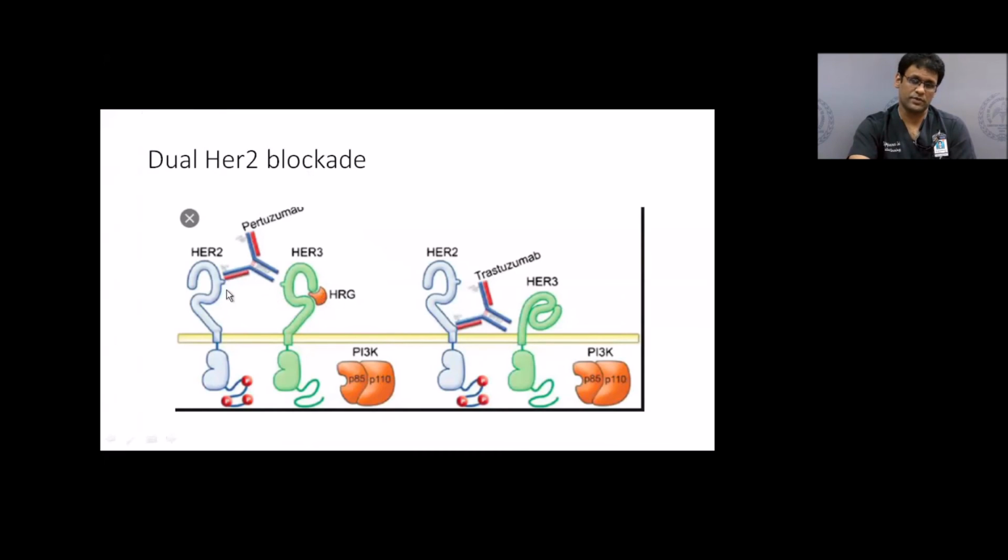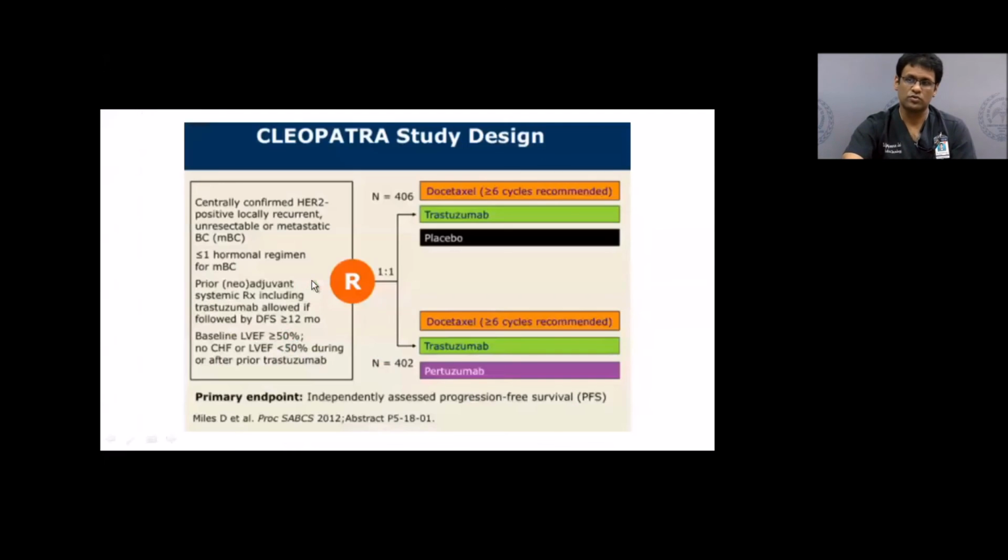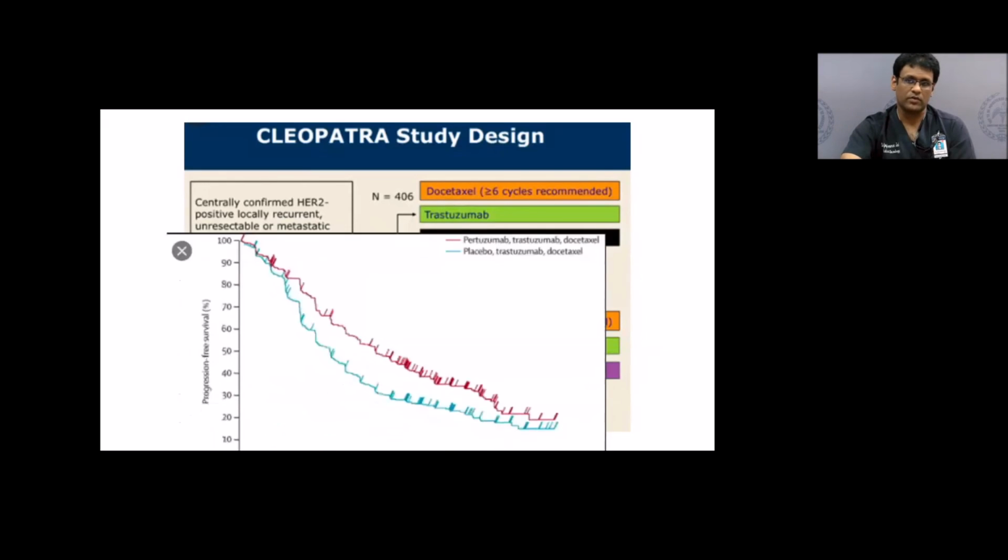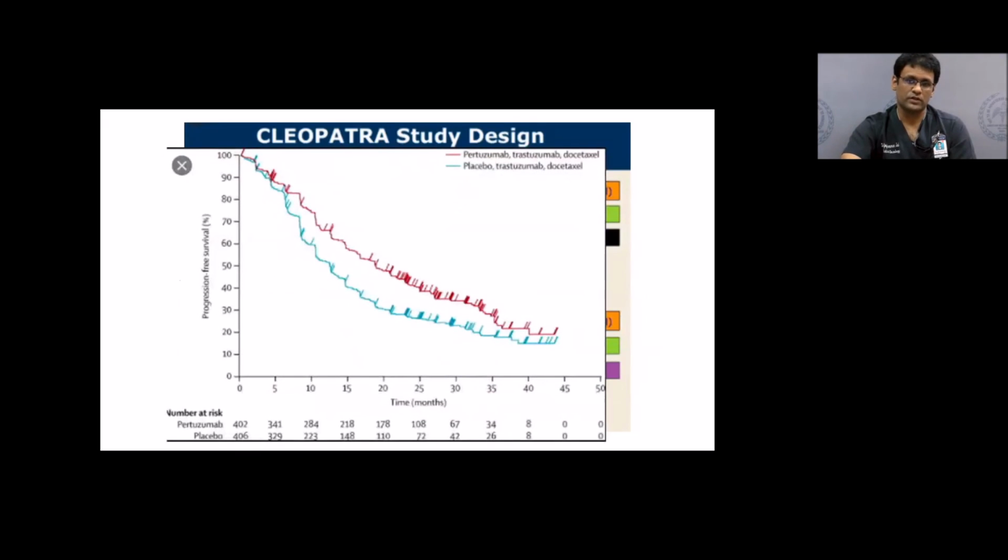Now, the additional change in that is we also have a drug called pertuzumab, which prevents the dimerization of the HER2 receptor. In addition to trastuzumab, as you can see, it binds in 2 different sites. Trastuzumab binds here, pertuzumab prevents the dimerization. The combination of the two has been shown to improve their outcomes. This is the study that added pertuzumab to standard therapy, and they were able to show an improvement in disease-free survival.